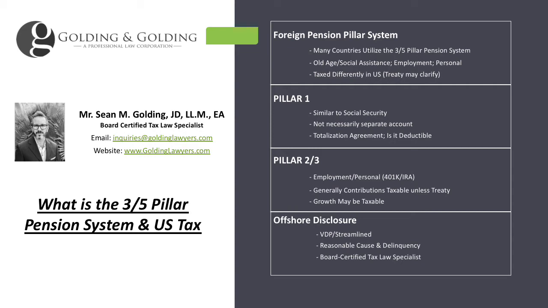The idea is this. You've got Pillar 1, which is old age Social Security type equivalent, normally doesn't have its own bank account or its own separate account like a 401k does. And then down the line, when the person reaches a certain age or disabled or retires, they're able to take monthly distributions like an annuity. And then you've got Pillar 2, which is equivalent to occupational, equivalent to like a 401k